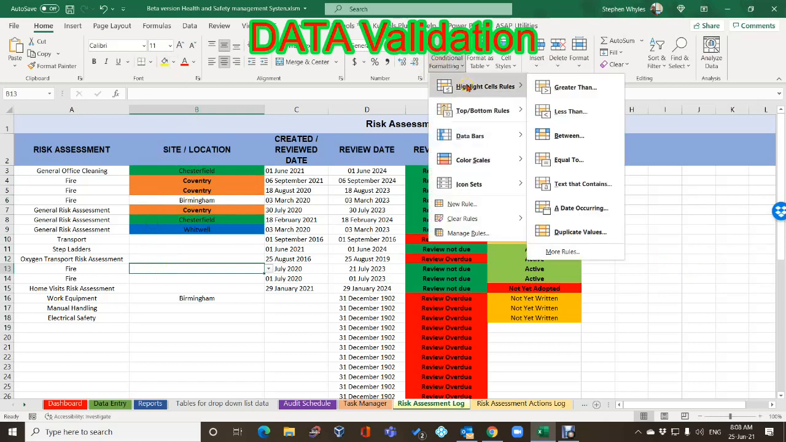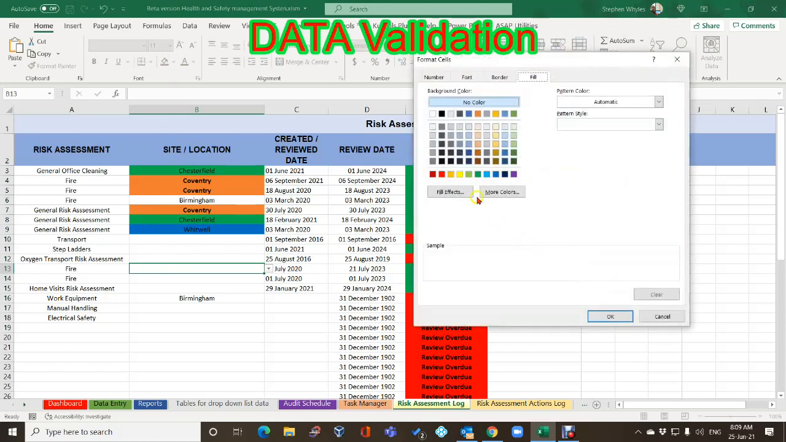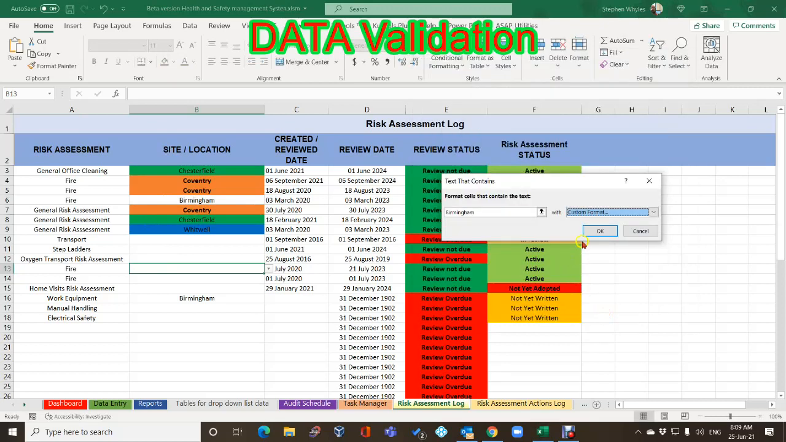We go to conditional formatting, highlight cells, text that contains, and we can put Birmingham, and then we can change it. We'll format again, custom format, and we'll say we're going to do that one that colour, like an olive brown. Okay,